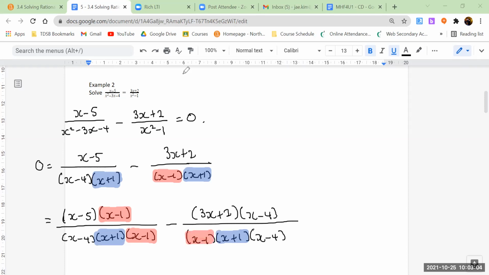I need another color, maybe a green. There. So again, just to draw your attention, we got green and blue, red and blue. Now we have all three colors, and you'll see that I'm trying to color coordinate. On the left side, there was no red, so I have to have red on the top and bottom. On the right side, I had no green, so I need green on the top and bottom. The rest is just